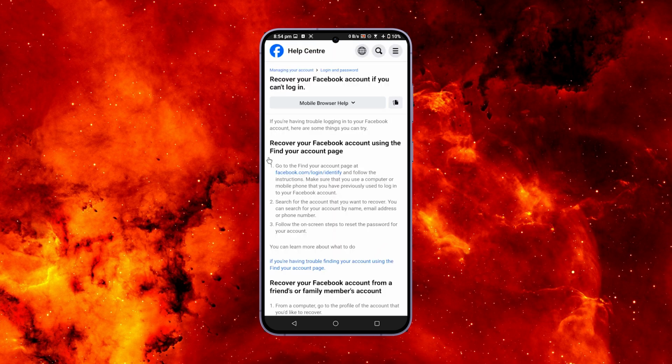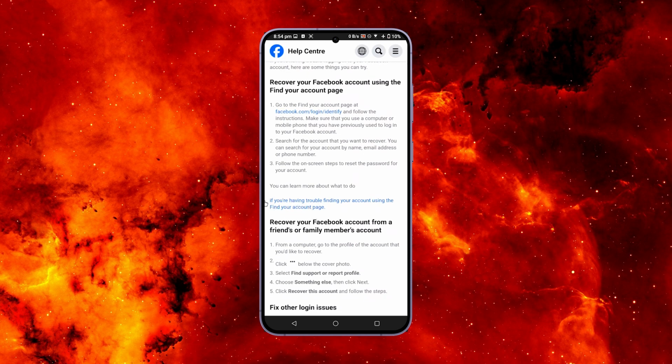Now you will be redirected to this page. So now from here you need to scroll down, and from here you need to select this link, and make sure that this option might be different for different users, because this depends on your location and the device you are using. So in my case it's saying like this. In your case it might be a bit different. It might be like recover your account if you haven't trouble. So don't get confused. So yeah, you will get it. Tap this,